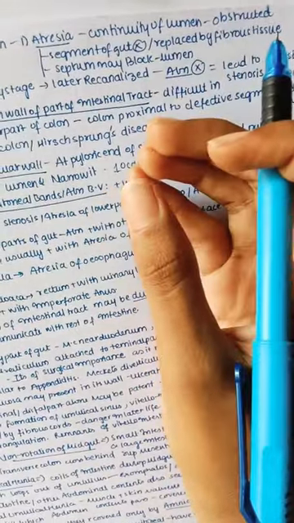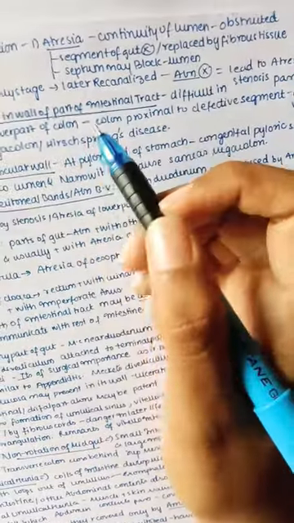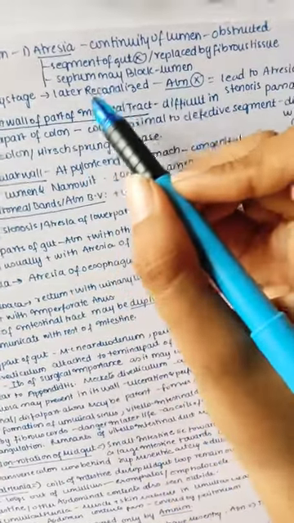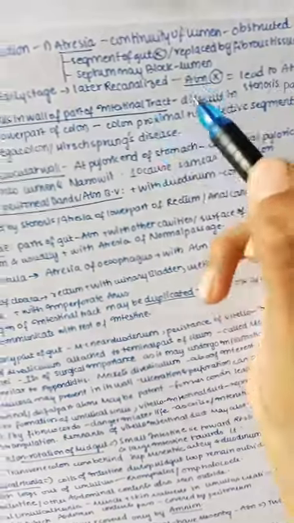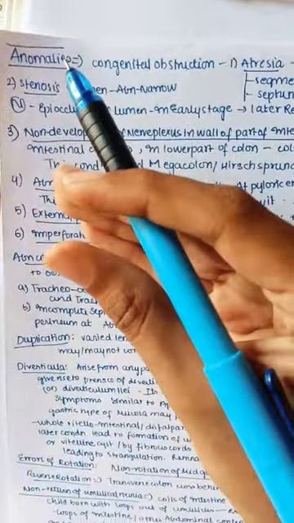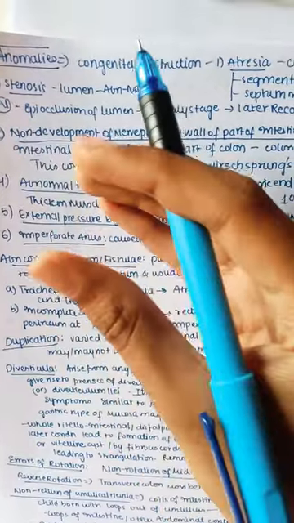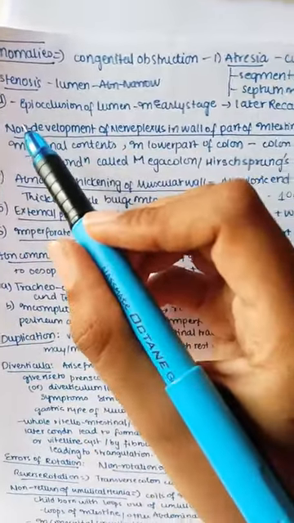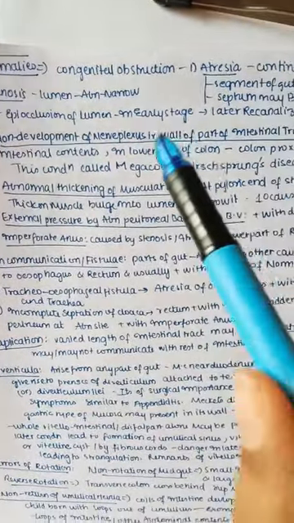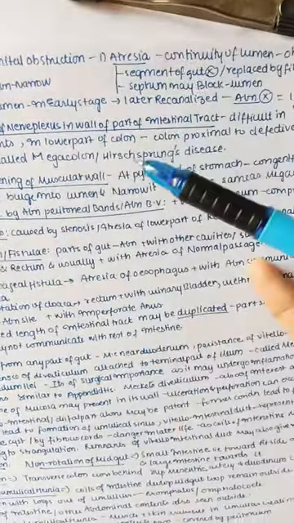We know that fibrous tissue acts like an obstruction site, it will not allow the easy flow or passage of food or any other material. So the septum may block the lumen also. And stenosis, in the name only you can understand, stenosis means narrowing. So the lumen is abnormal or becoming narrow. Normally the epithelial occlusion of the lumen is a normal condition in the early stage, but later it gets recanalized.